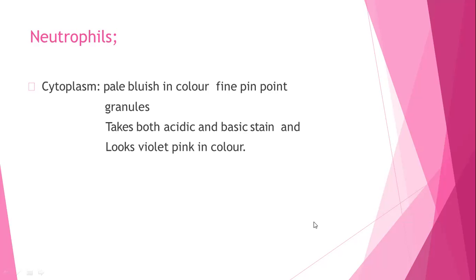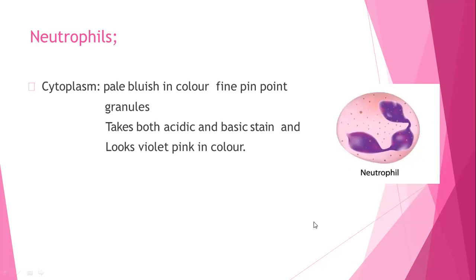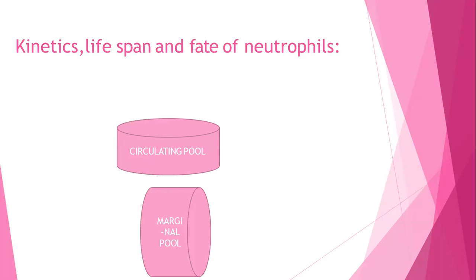There will be a very fine sheet of these granules. For identification of the neutrophil, first we have to identify the number of lobes, and then we can identify the granules also. In this particular cell, a smaller number of granules are seen, but we can identify them; the granule size is very small.